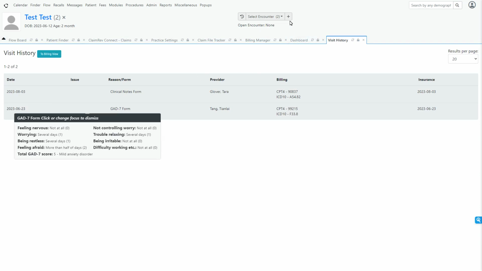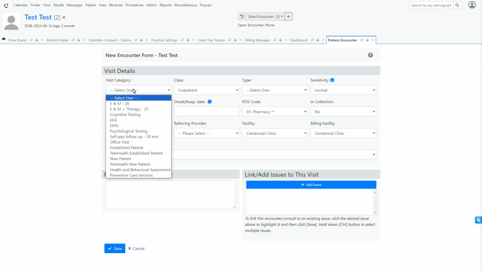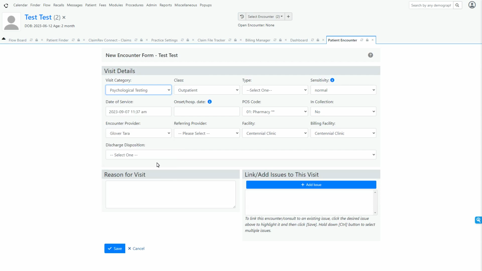And again, the calendar and the visit history are not synchronous. Okay, you can do a visit without a calendar appointment, and that's what I'm doing in this particular case. So I'm going to go ahead and click here to create an encounter, and just go ahead and then call it this. We're good there, and